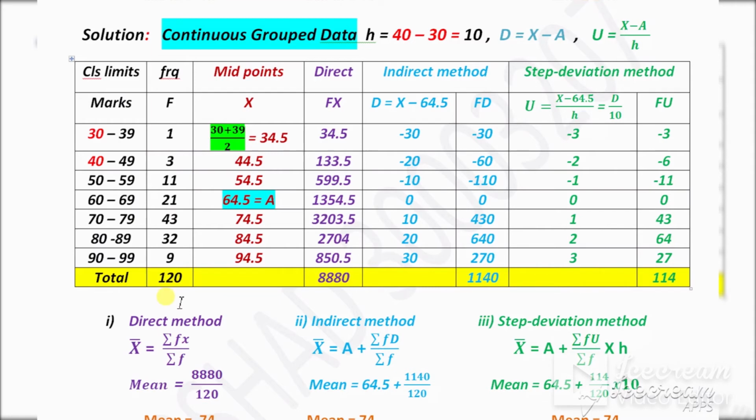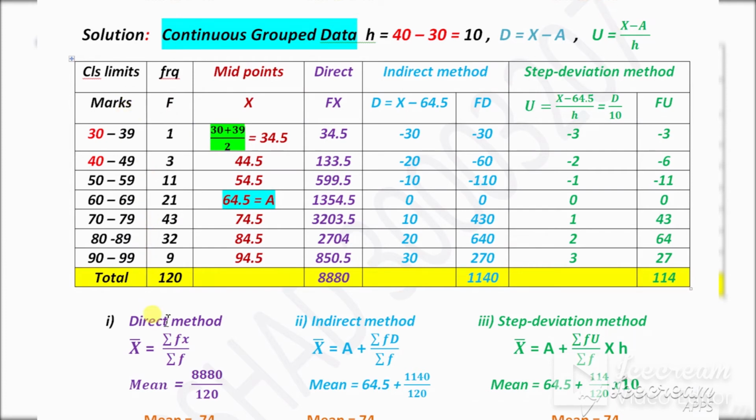So first, the direct method. First of all, always write the formula of the method, then you can judge the columns. So for the direct method, the formula is x bar is equal to summation fx divided by summation f. Now here in this question we need f multiply x. So f is given in the question, but x is not given here. The first two columns are according to the question. The first column, the class marks, are given in the question. The second column is frequency. So write these two columns as they are.